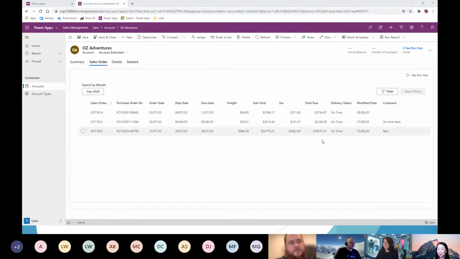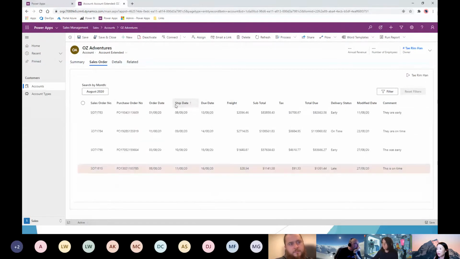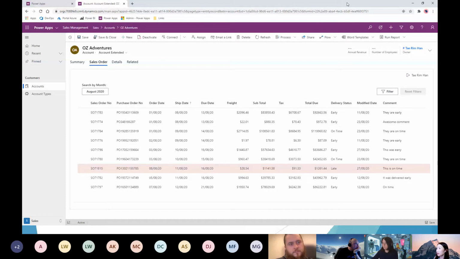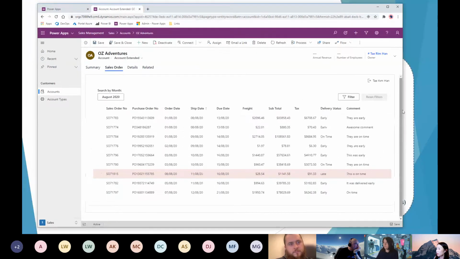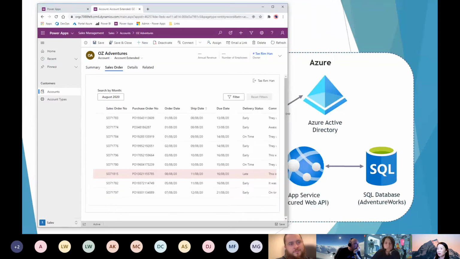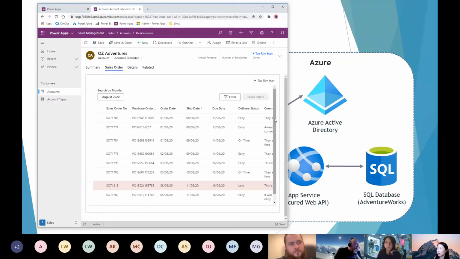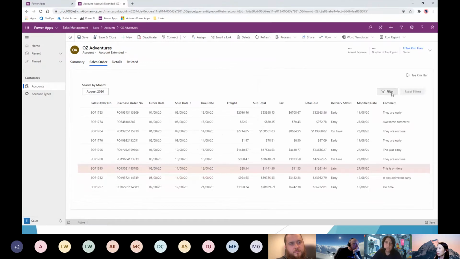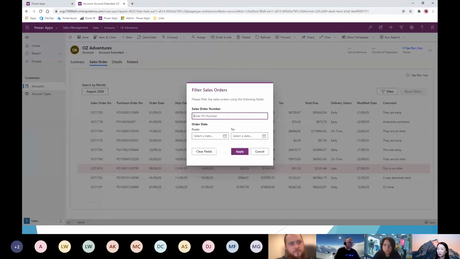All right. So all of this looks very native and seamless, right? You can sort and everything, and it's actually responsive as well. I have configured the control to drop off some of the columns in the case where you're in a much smaller screen or something like that. And it also has a filter.